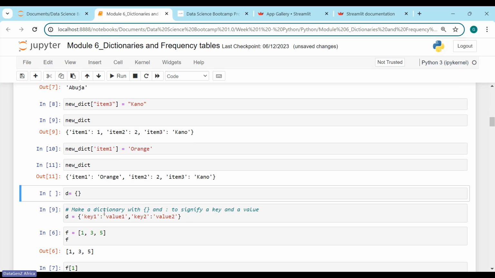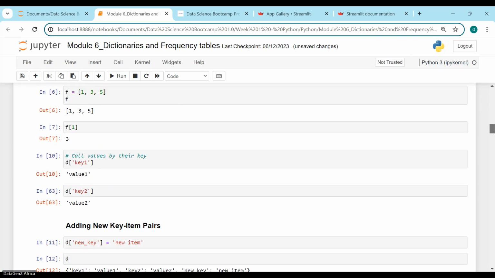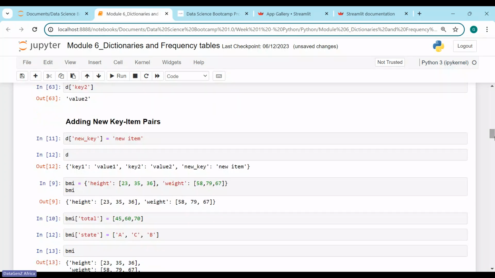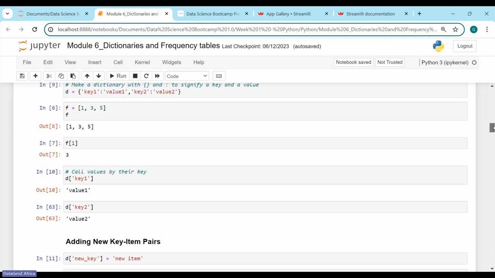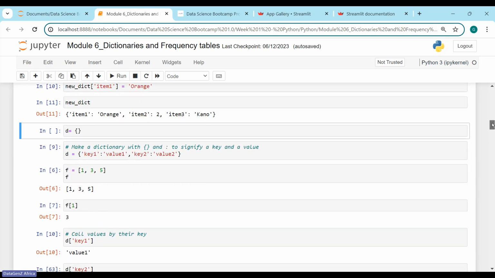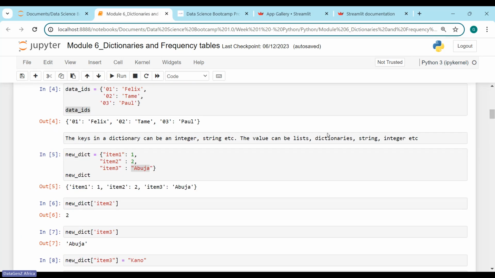All right, let's move quickly because we have so much to cover. Now, what if you want to add new key item pairs to a dictionary? How do you go about that? Now, this is a dictionary, right? You want to add a new key item pair to this dictionary. What I mean by key item pair: this new dict has item 1, item 2, item 3. You want to add item 4. How do you add it? You use the same